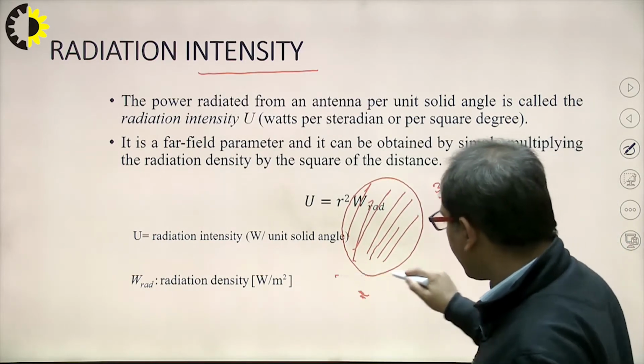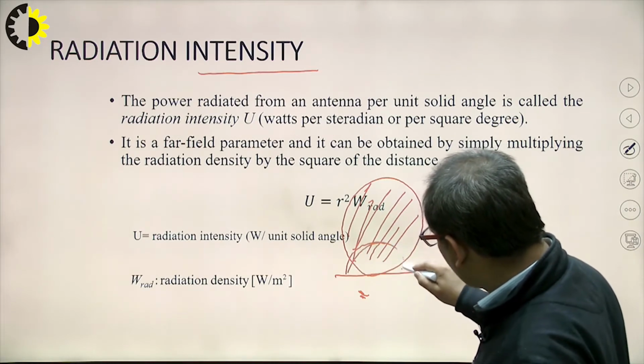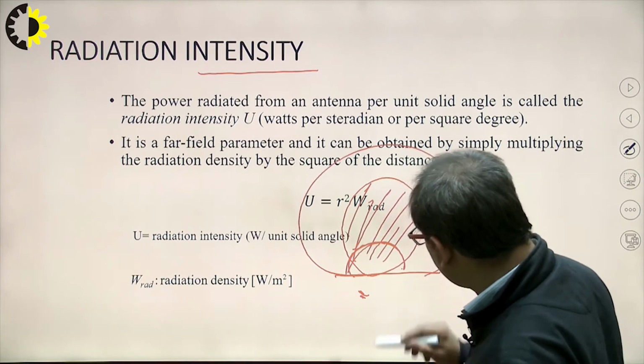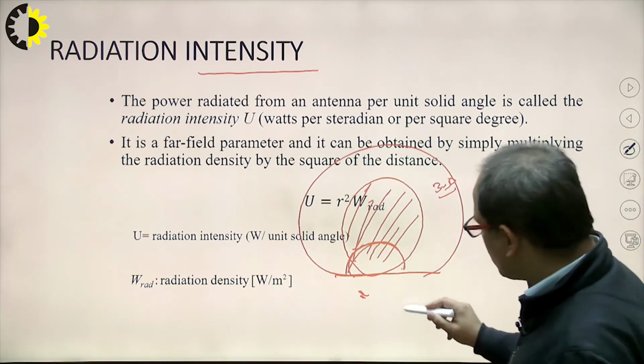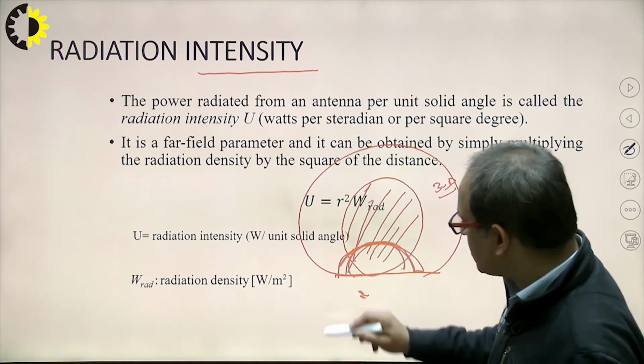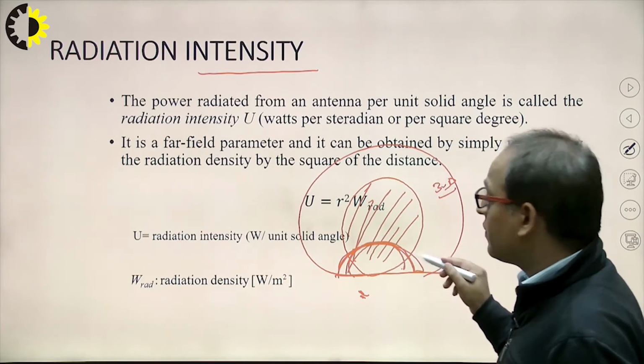If this antenna is covering a half sphere, that is a half steradian, half sphere, and one sphere